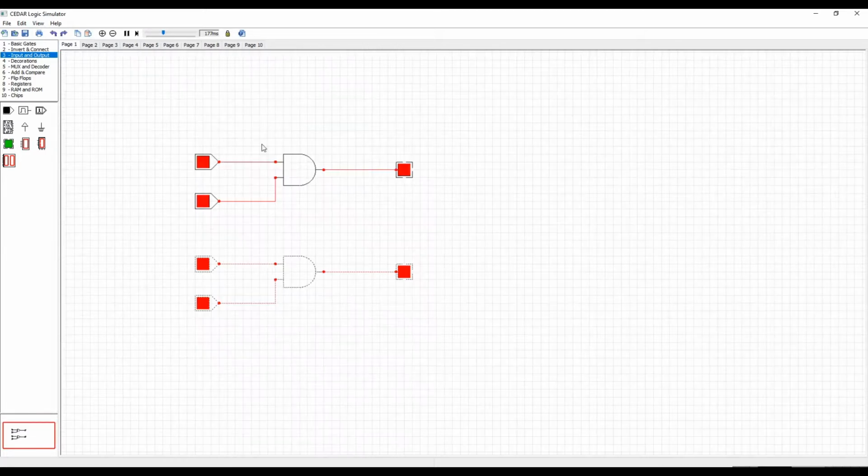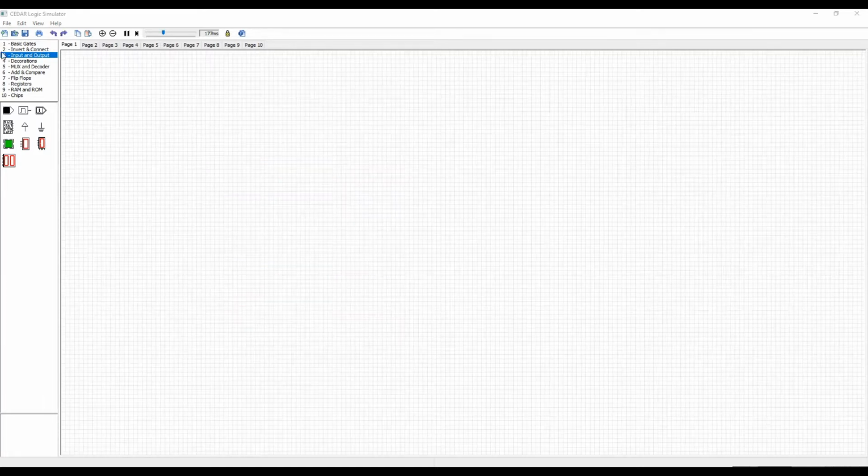And there is an option to copy and paste. I mentioned earlier there is a copy and paste option. To do so, we can select only one input or only one gate by clicking on it, or we can select a section like this. And we have to click on this copy button, or we can use the keyboard shortcut, which is Ctrl and C, and we can paste it on the same panel, on the same page, or we can paste it in a different page like this.